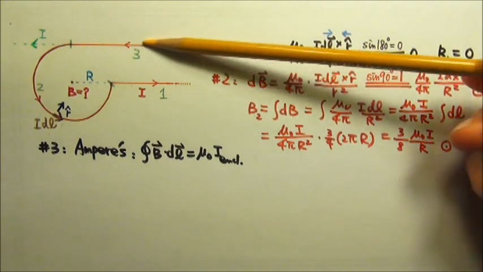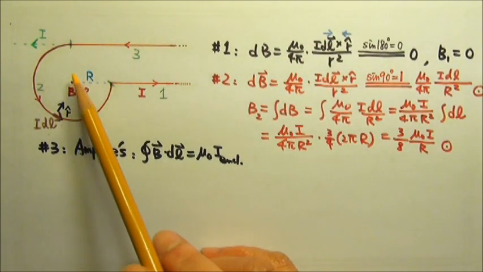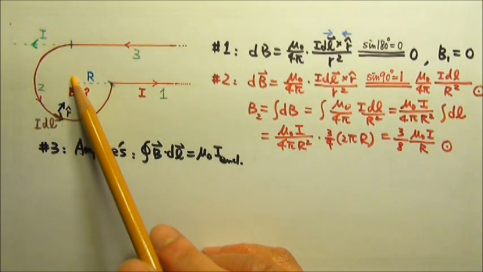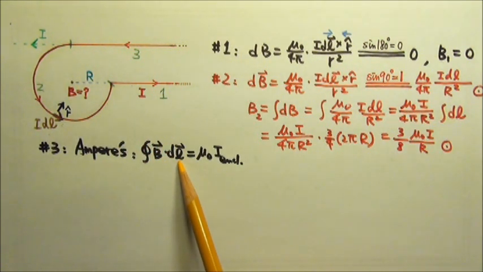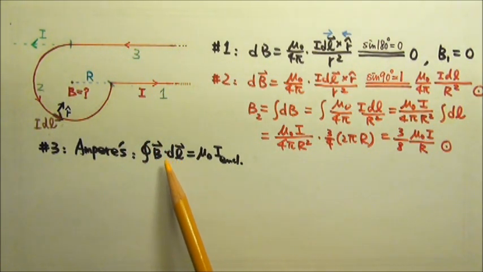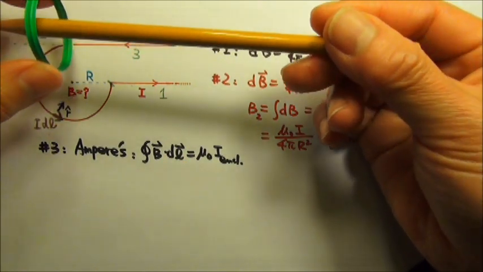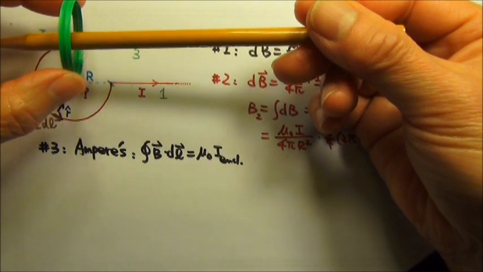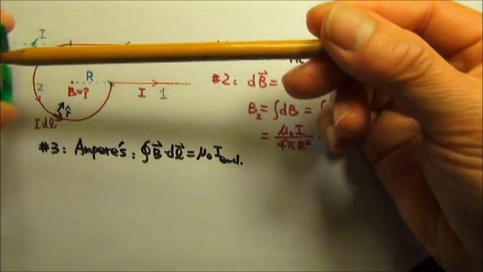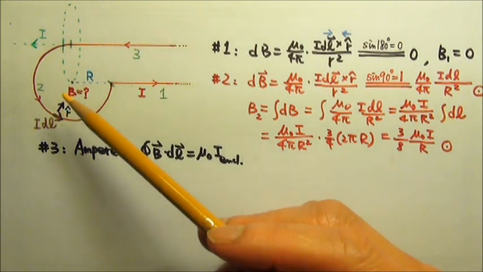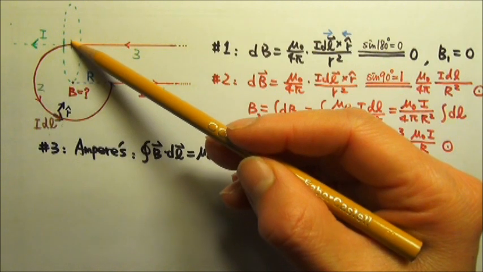So let's look at this very long straight current. We want to find the magnetic field over here, a distance r away, so first we have to make an Amperian loop. To use symmetry, our Amperian loop will be a circle. Our circular Amperian loop will look like this, going around this long straight current. The Amperian loop has to go through the location we are interested in,